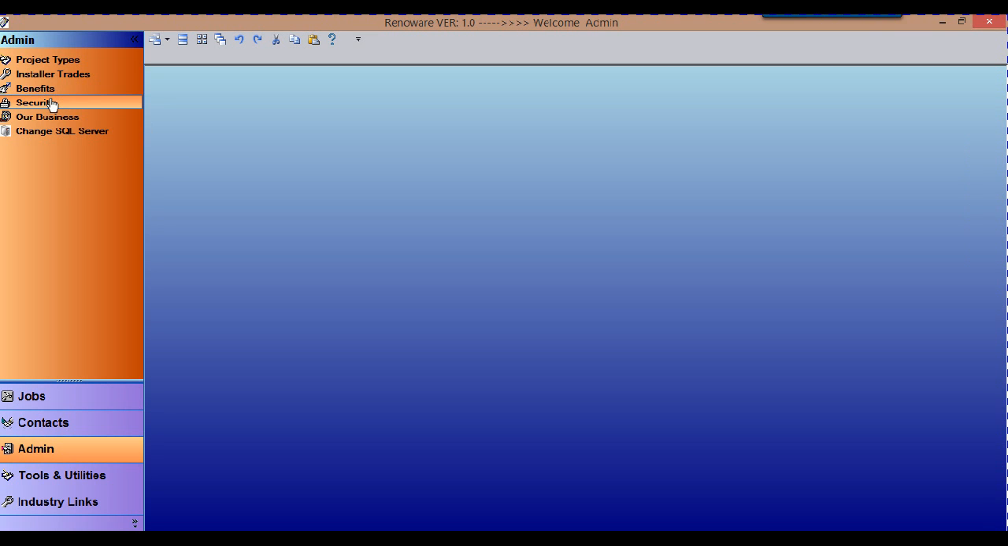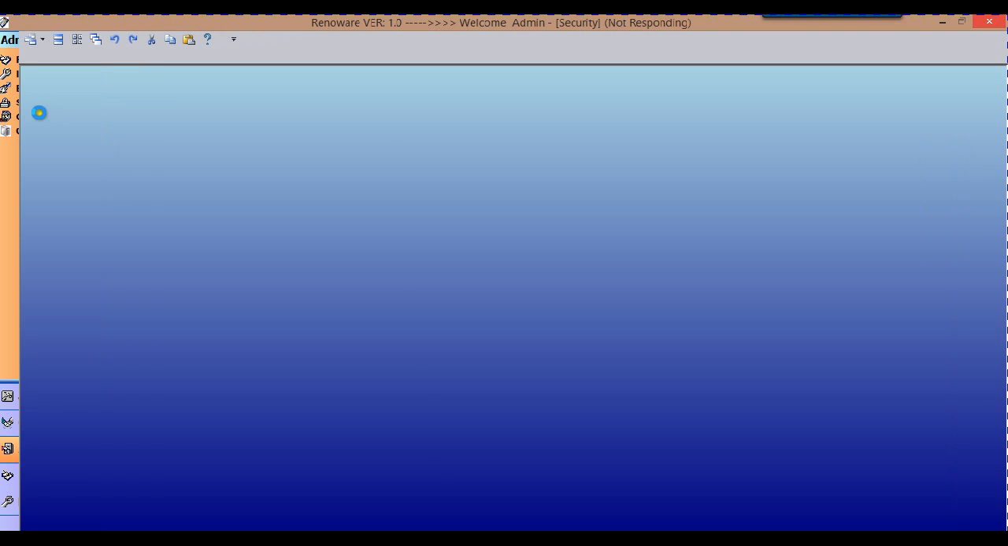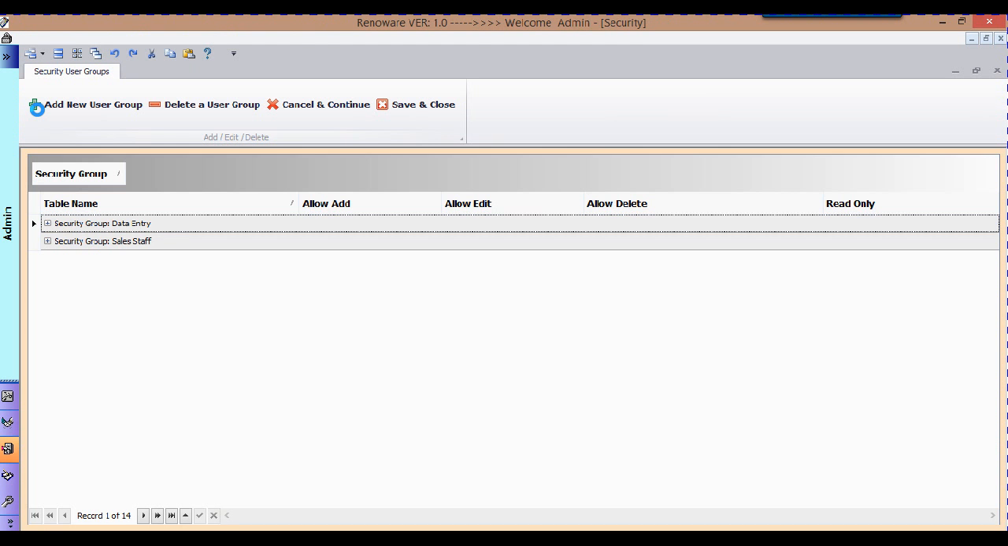Security is another area that you can go in as administrator and set up the privileges for each individual and what they are able to do. This is another typical setup that you have here with add new user group, delete, cancel, or save and close. This is pretty standard on a lot of different screens. So when you click on add new user group,